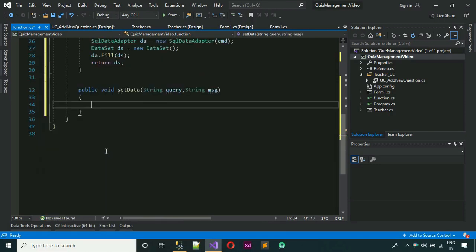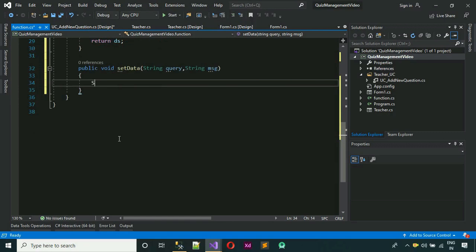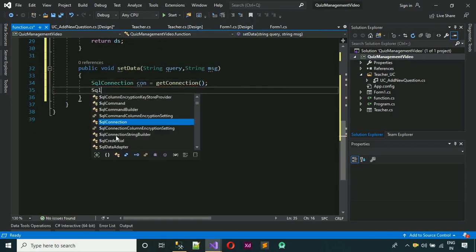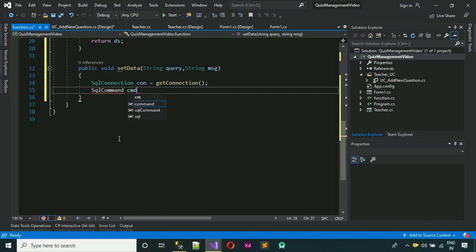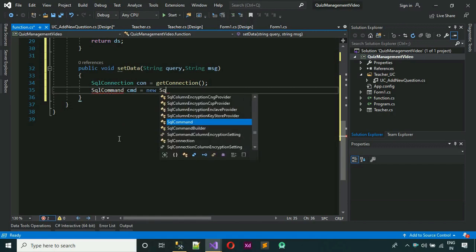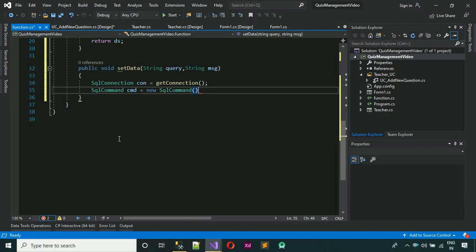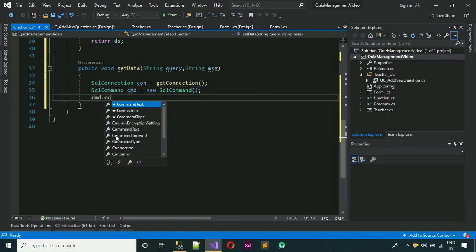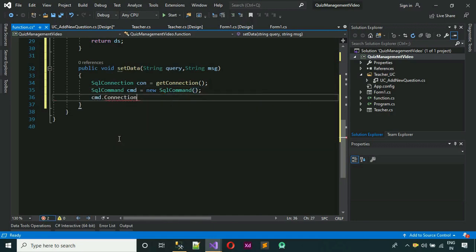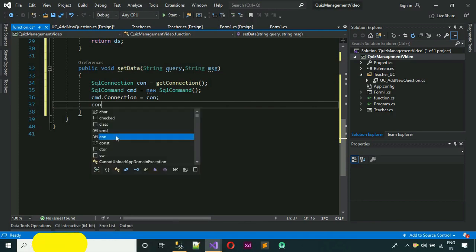Okay, now again we need a connection for sure, so we have to write SQL connection con is equal to, and we have to get this connection from the get connection method. After this we have to create a SQL command object, cmd is equal to new SQL command, like this one, cmd dot connection, we have to pass the connection con. Okay, after we get the connection in the cmd, we need to open the connection, so con dot open,